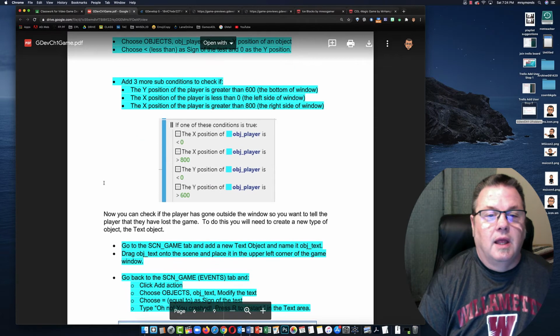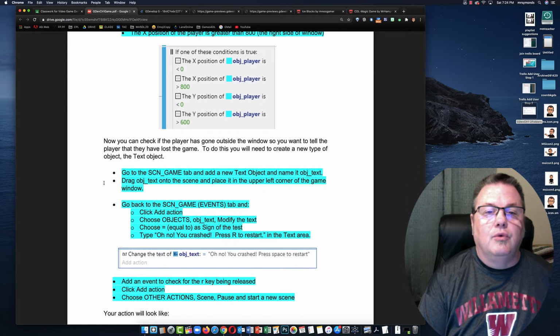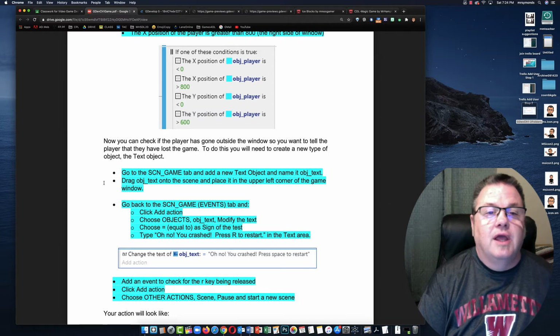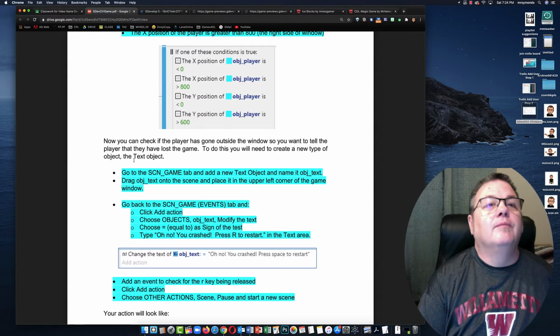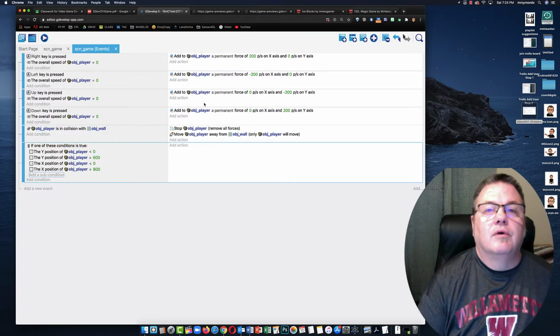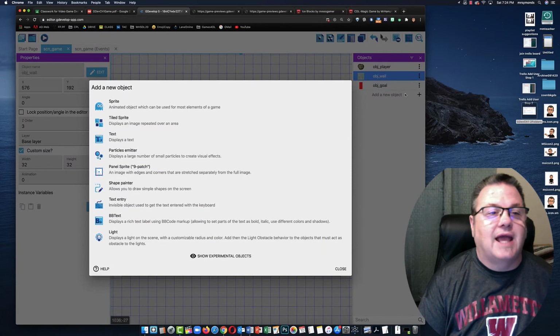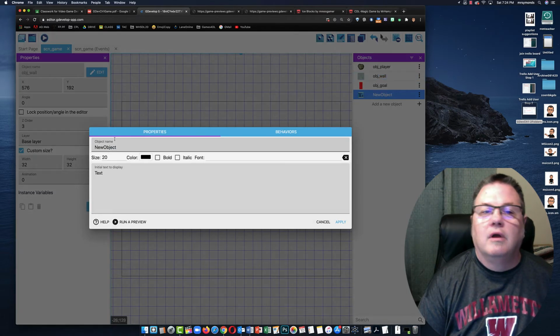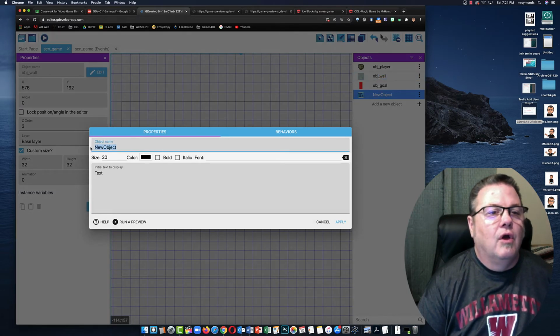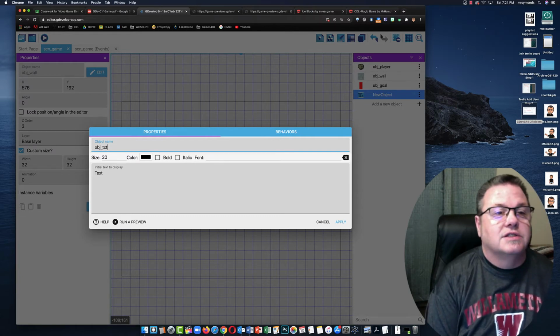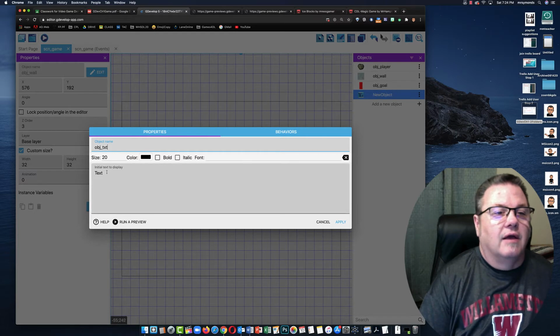Okay. And now we're going to add a new object and call it obj text. We're going to add a text object and we're going to drag it into the scene and place it in the upper left corner. Okay, so we're going back into the scene game and we're going to add another object, but we're going to add a text object now. And we call it obj underscore txt, and